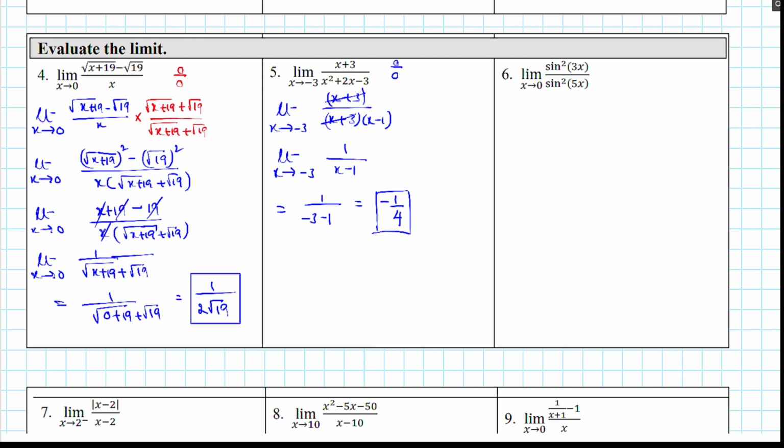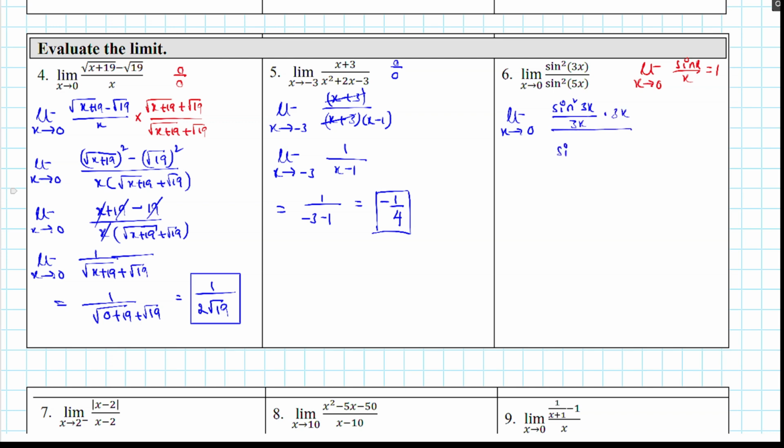Now let's evaluate this limit. We know one formula: the limit as x tends to 0 of sin x over x equals 1. So now we have to rewrite this function to apply this limit. The limit as x tends to 0 of sin square 3x over, so we can divide by 3x and multiply by 3x here,